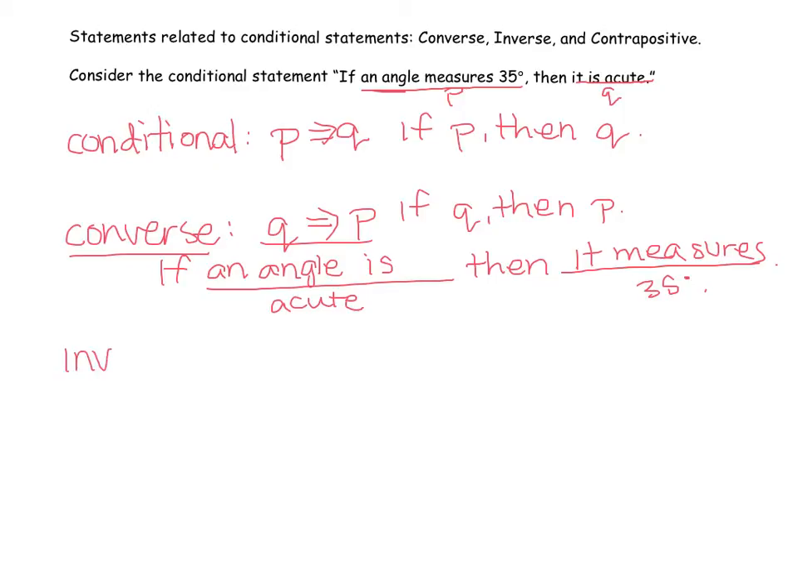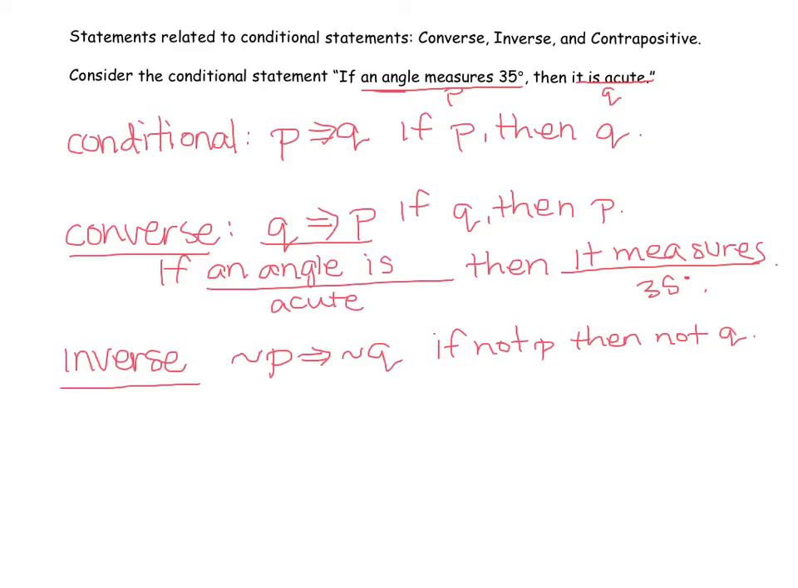The inverse negates the P and the Q but doesn't change the order. So the inverse of a statement is, and we write it, remember, from the truth tables, not P implies not Q. Or if not P, then not Q. So in this case, our P was if an angle measures 35 degrees. So the opposite of that is an angle does not measure 35 degrees. So if an angle does not measure 35 degrees, then